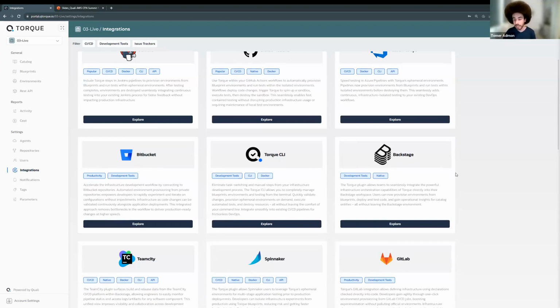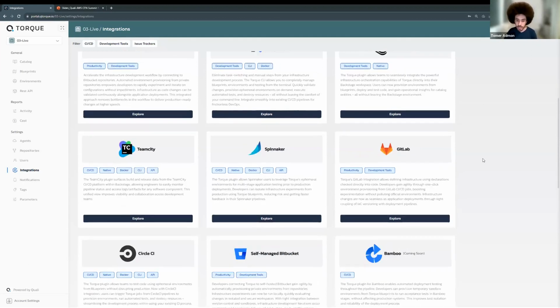We have the Backstage integration, which is again for developers, developer experience, and platform engineering use cases, where you want to embed Backstage in the organization, the IDP concept, and then embed Torque as part of the Backstage workflow to make sure all the environment orchestration and automation is done in the right way, under the policies, with cost awareness, but enable that infrastructure not through a self-service UI like Torque, but through Backstage to the developers.